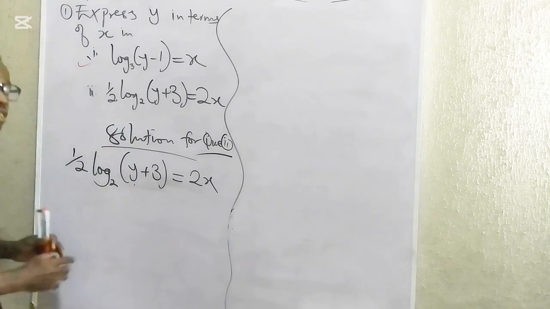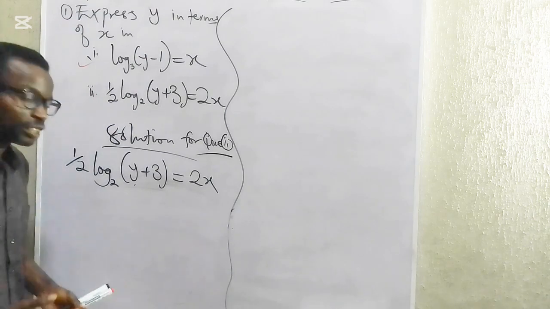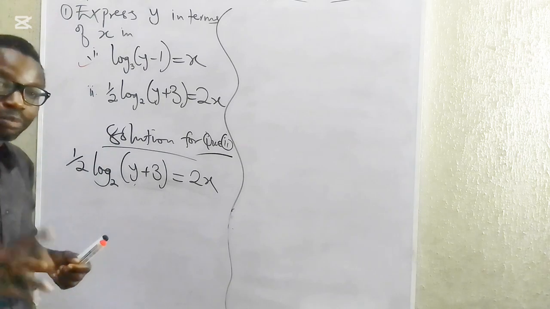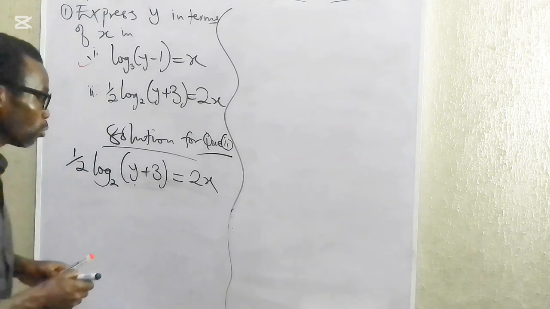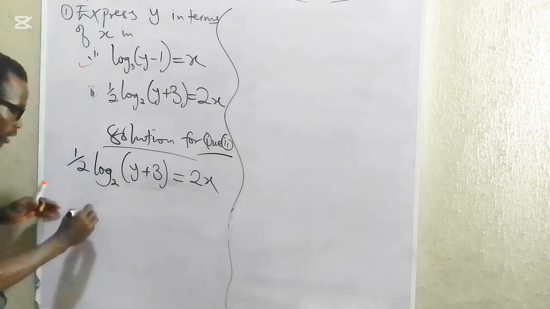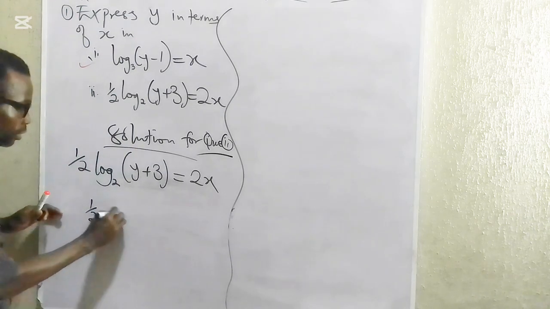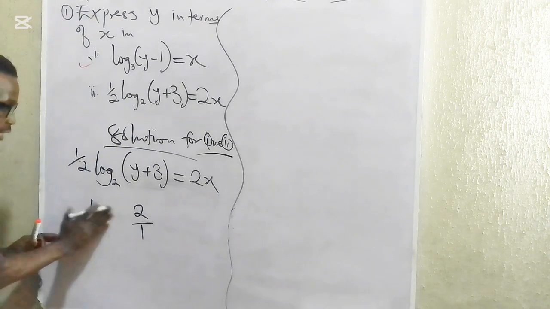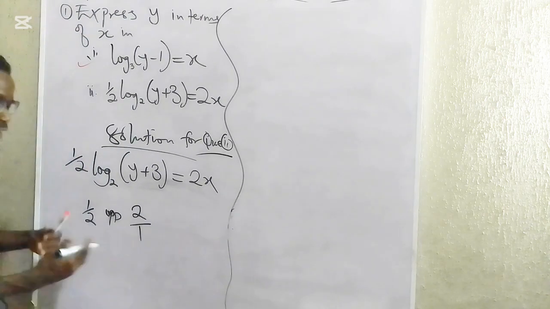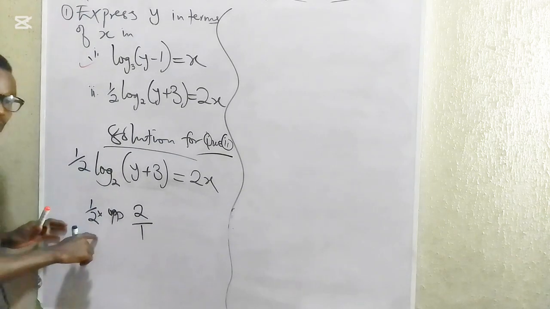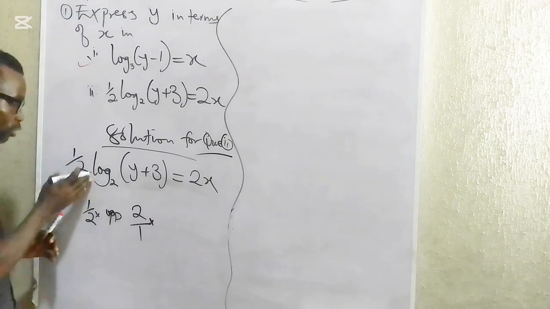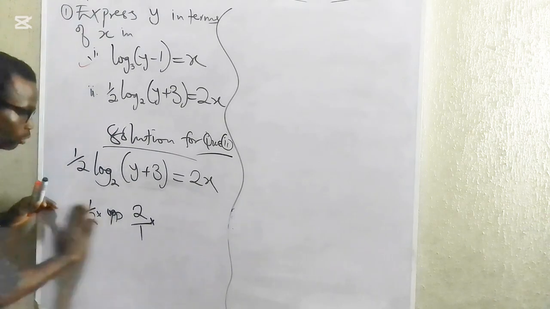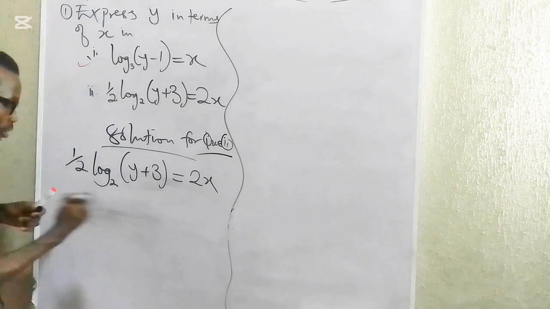If you have half, what is the opposite of half? You say multiply something by half. What's the opposite of it? It is multiplied by 2. The opposite of half is 2/1. So that's what we're going to do. If I multiply something by half, I should multiply by 2, the opposite. So this one will go away. That is what dealing with it with the opposite or the inverse means. So let's go. The first step is to multiply